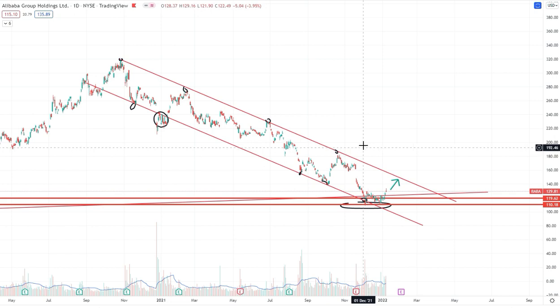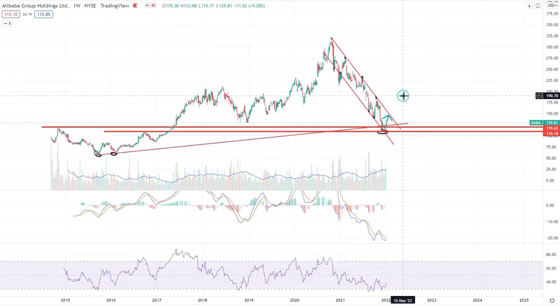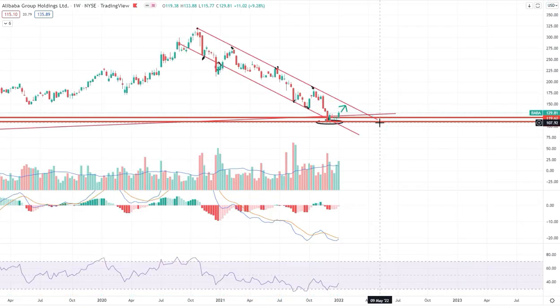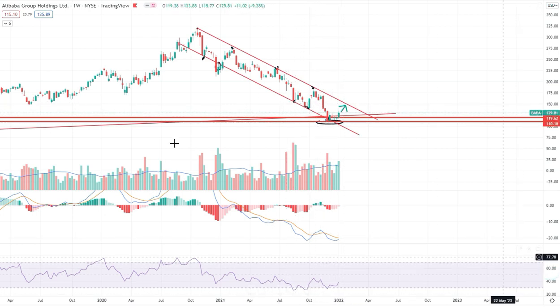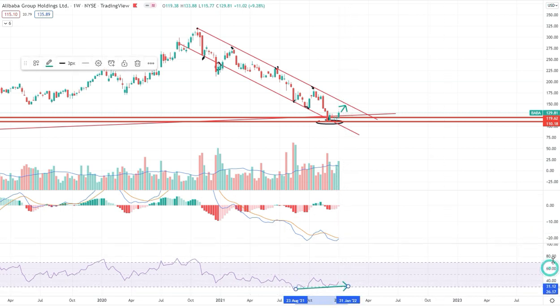Let's go now to look at the RSI, the relative strength index, which indicates the strength of sellers and buyers, and the MACD, which is a momentum indicator. What do they tell us? Thing number one, we are seeing lower lows in the price, as you can see here, but we are seeing flat lows in the RSI indicator, and I would say even higher lows in the RSI indicator.